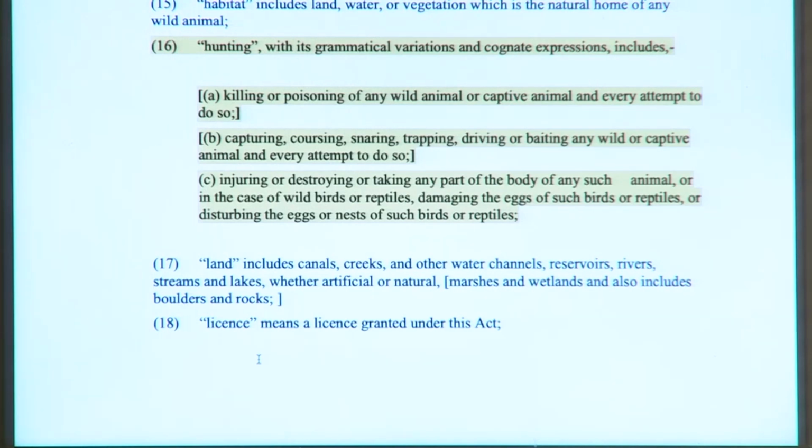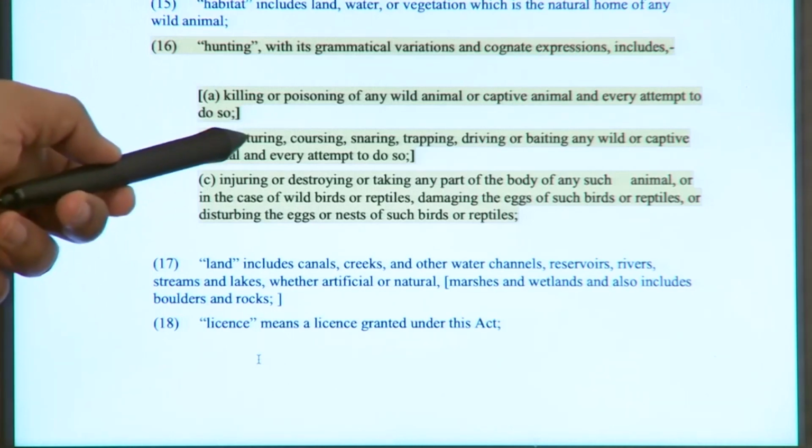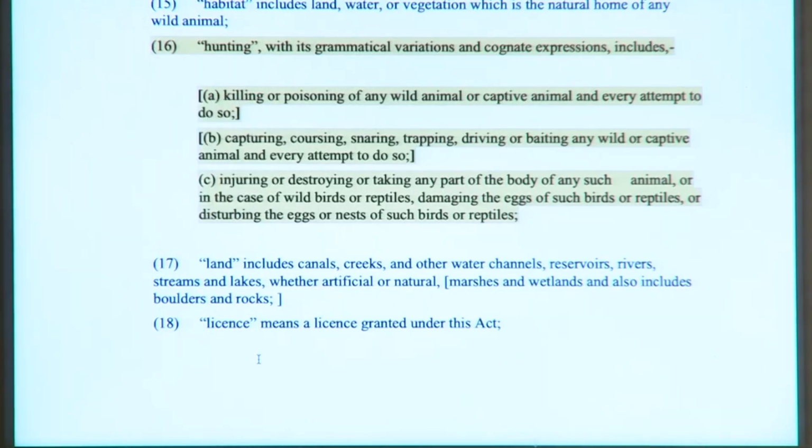Now, the important thing to note here is that if somebody is trying to capture an animal, the person has not killed the animal, the person is only attempting to capture or has actually captured it, in the case of the Wildlife Protection Act, this capturing will come under the definition of hunting, and so all the provisions of hunting will apply even if you want to capture an animal. So, typically what happens is that in a number of scientific expeditions, people want to capture an animal and say put a radio collar on it, so that they are able to see where this animal is moving. But if you are trying to capture the animal, then this is hunting